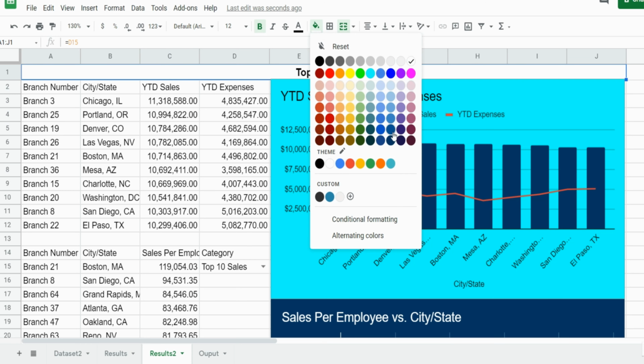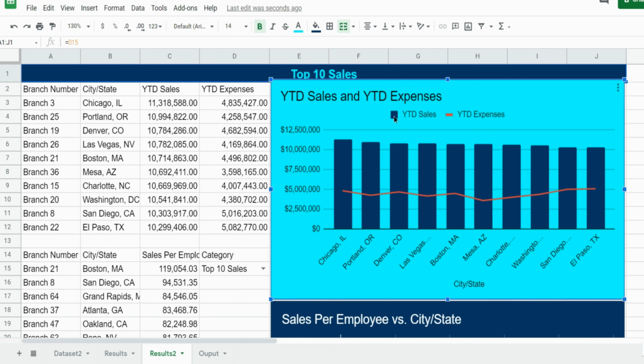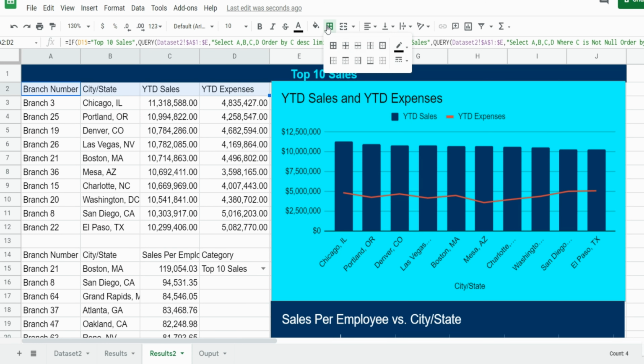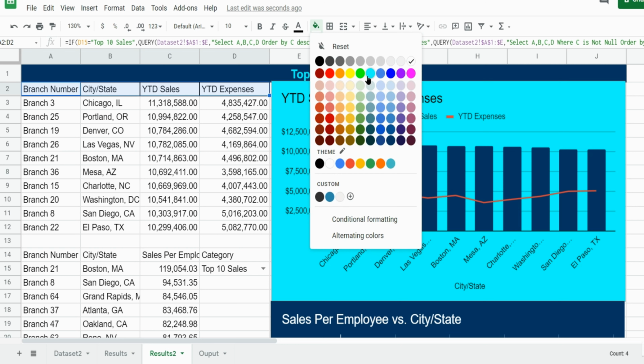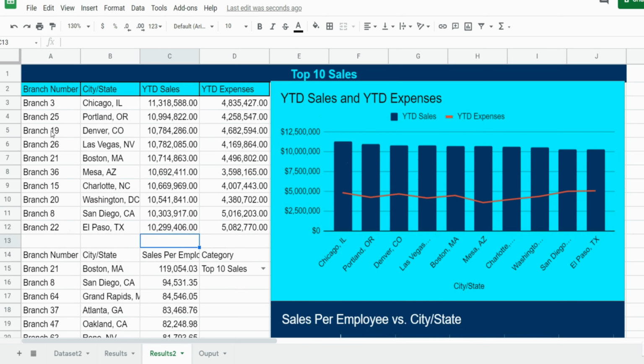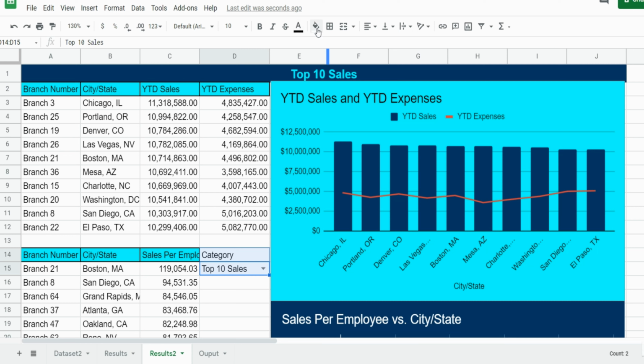I'm going to change the fill to a dark navy and change the font to a lighter blue. Maybe we'll make that a little bigger there. And maybe format some of these cells here. And do the same thing down here. I'm just going to copy the formatting and format this Dropbox section